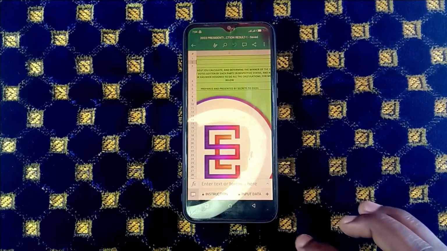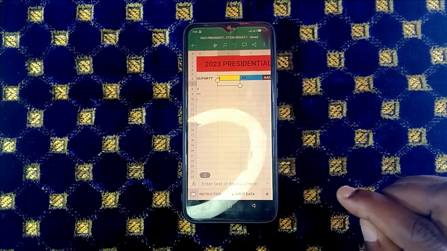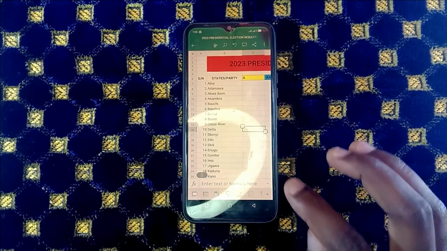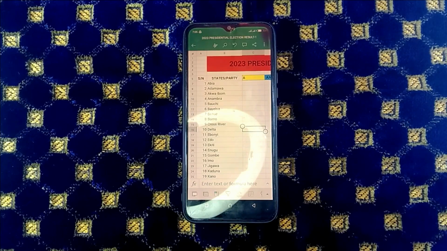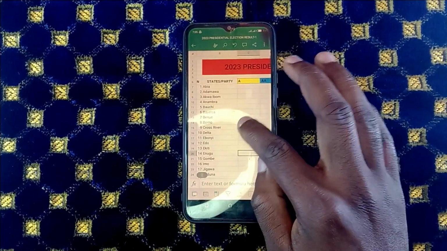So I will navigate to input data, and this is where you get to input the votes of each party by state. Immediately INEC begins to announce results, make sure you have a sheet by your side. As the result comes in, you jot them down somewhere else. So if you are inputting, take for example, Abia State, you just come down here under